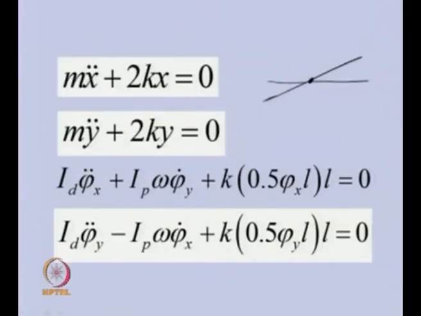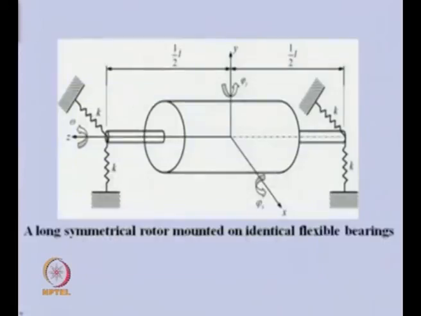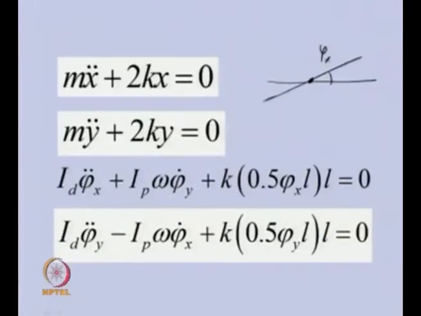Let us say this is phi x, and the total length, as we have seen here, is L. So we will have this compression or extension of the spring as L by 2 into phi x,